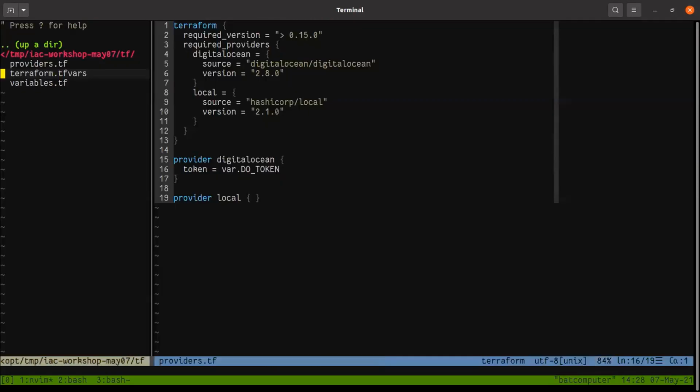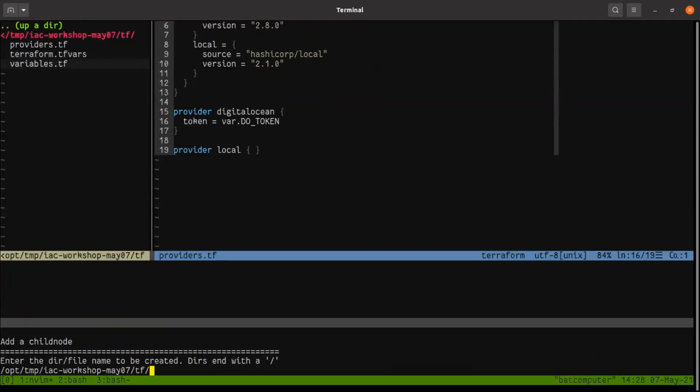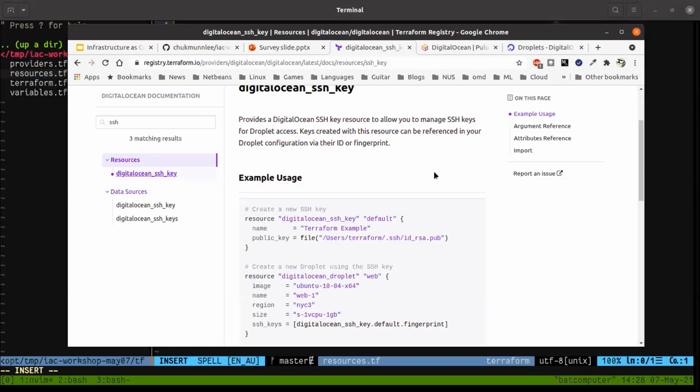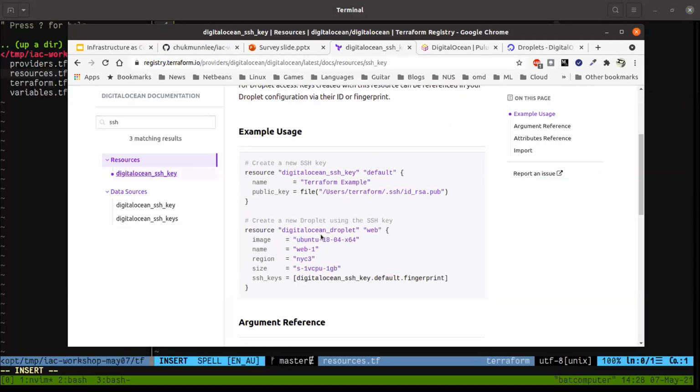Okay, so I will now create a file called resources. Again, remember, the file structure is totally up to you. I just like to structure it like this. The first thing we'll do is load our key. The way a resource is created is very simple. All of them have this structure. First is the keyword resource, then the provider resource type, the DigitalOcean resource, and then the name of this resource. Think of this like the type, and then this is the name of this instance, what you see when you provision to DigitalOcean.